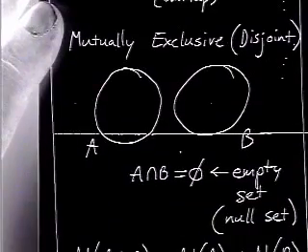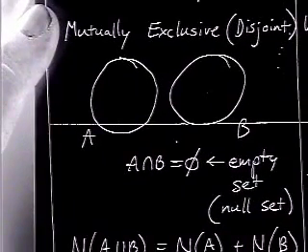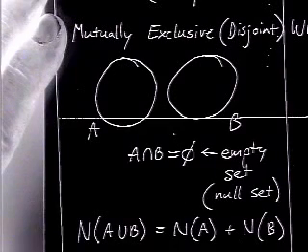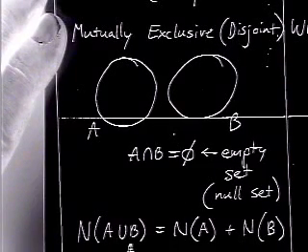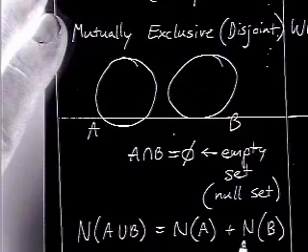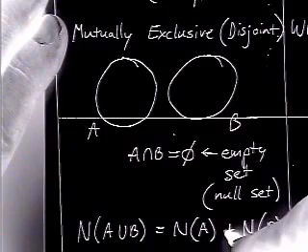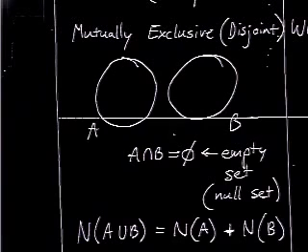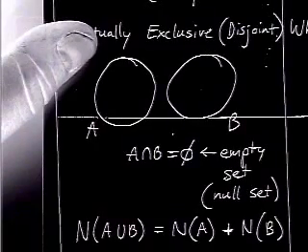In this case, if you want to find the number of items which are in A or B, in A union B, you simply add the number of items that are in event A plus the number of items that are in event B, and that is the number of items in the union. Well, it makes sense because there's no overlapping. And if you want to change this to a probability,